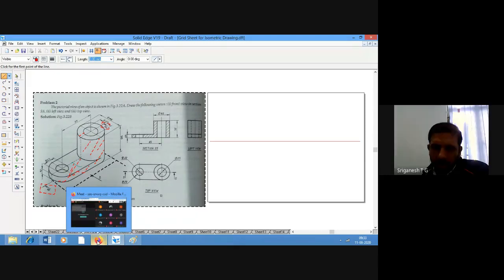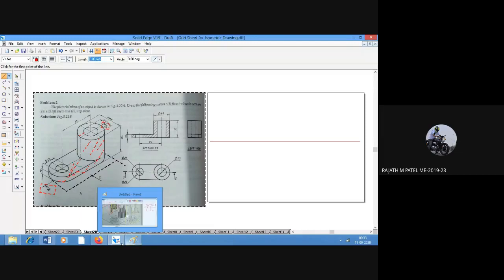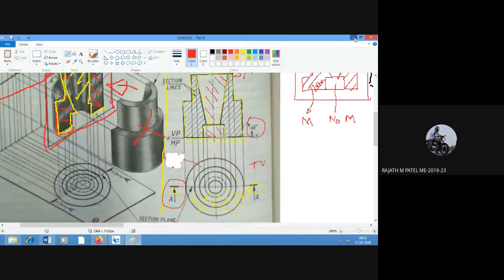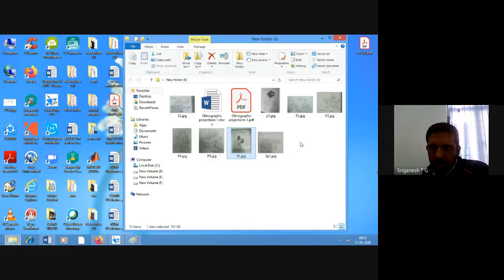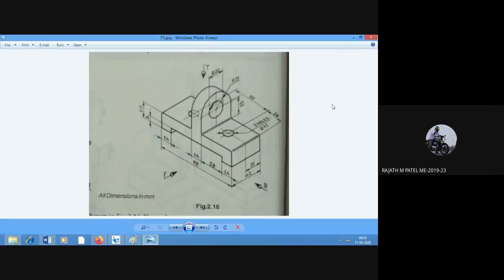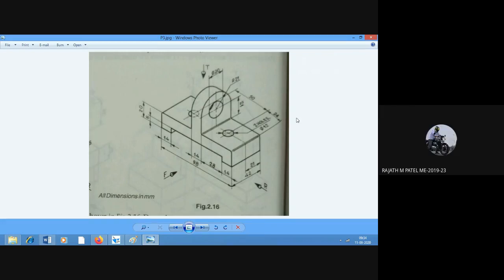Yes, that particular problem. Now tell me. The diameter is 12, sir. Like to get 6 mm of radius, it's too small, sir. We can't do it in the compass.